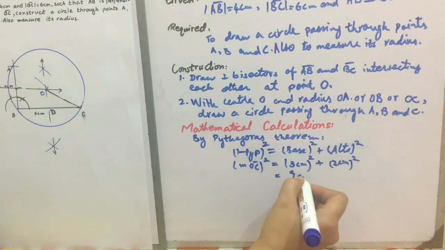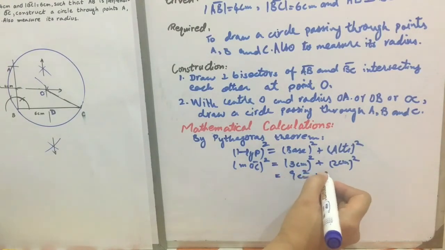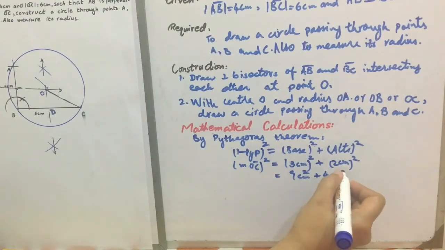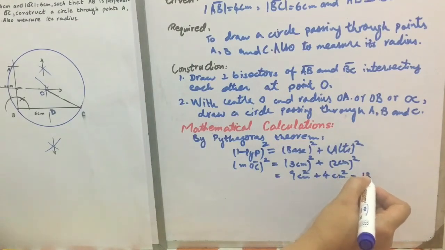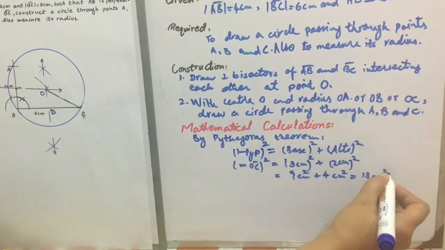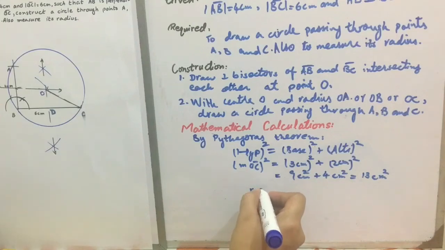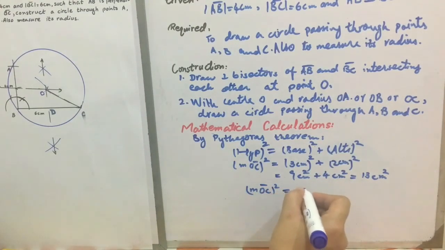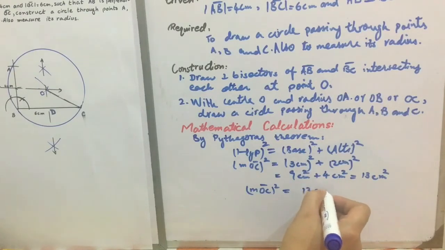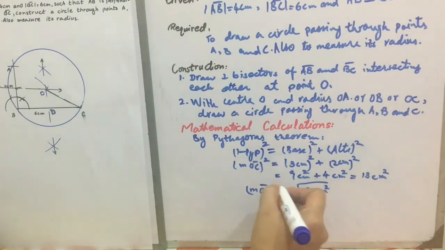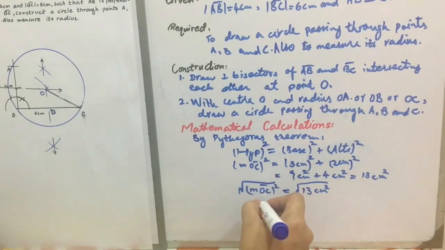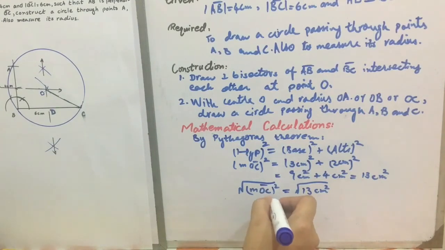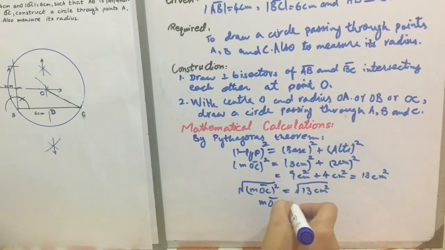Now 9 square centimeters plus 4 square centimeters is equal to 13 square centimeters. Taking square root to both sides, we get measurement OC is equal to under root